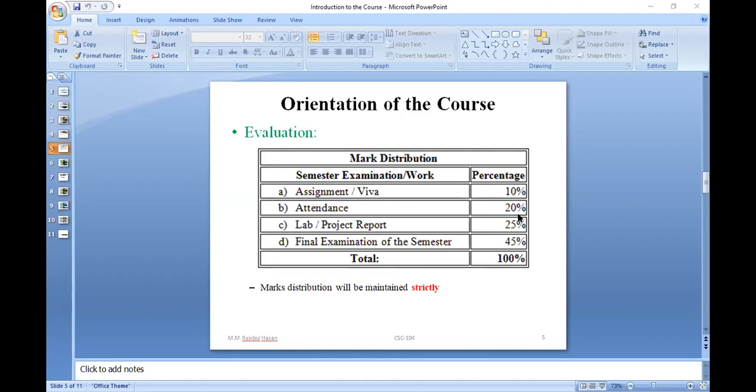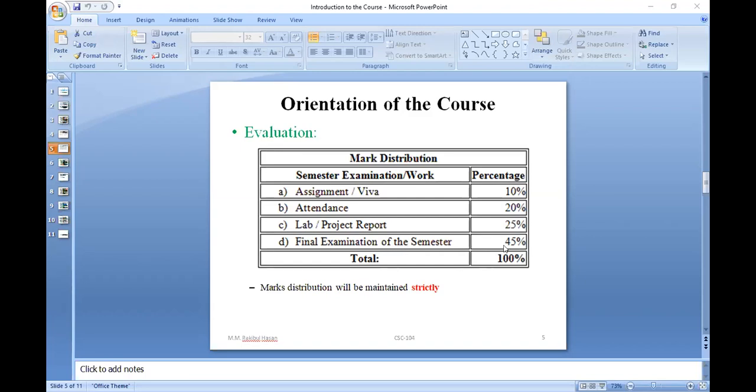Then attendance 20% mark, lab or project report 25% mark. So you have to submit a lab report. Inside the lab report you have to complete in total maybe 14 to 15 experiments. Then at the end of the semester you have to submit the lab report. On that lab report you have 25% mark. Then final examination you have 45% mark.